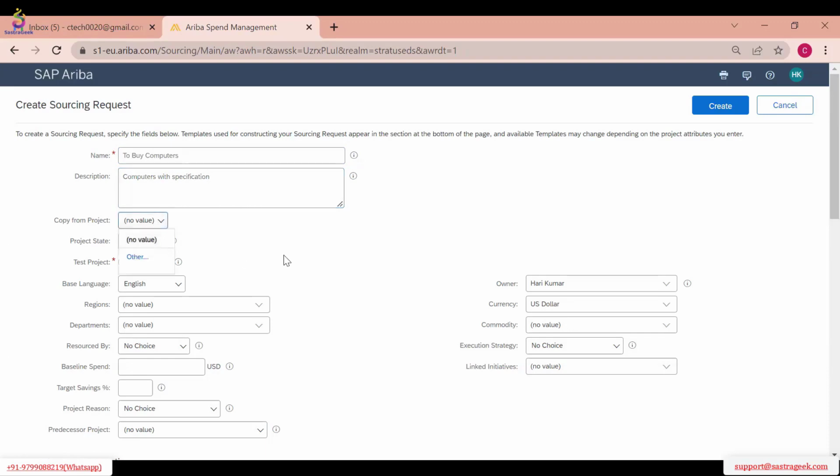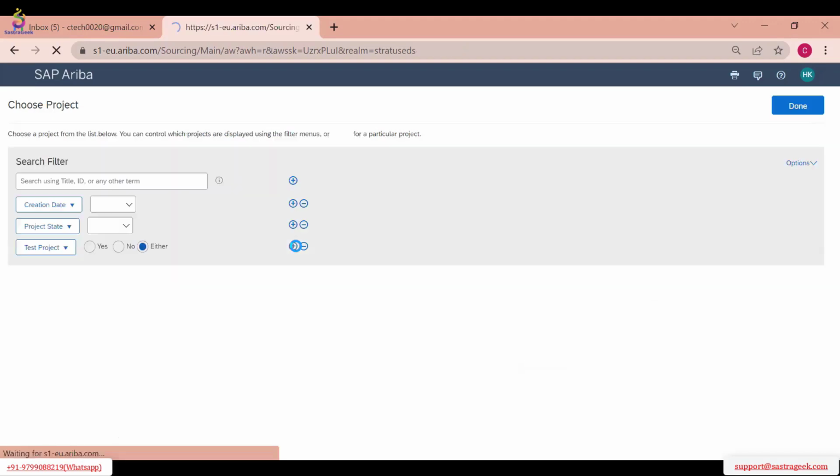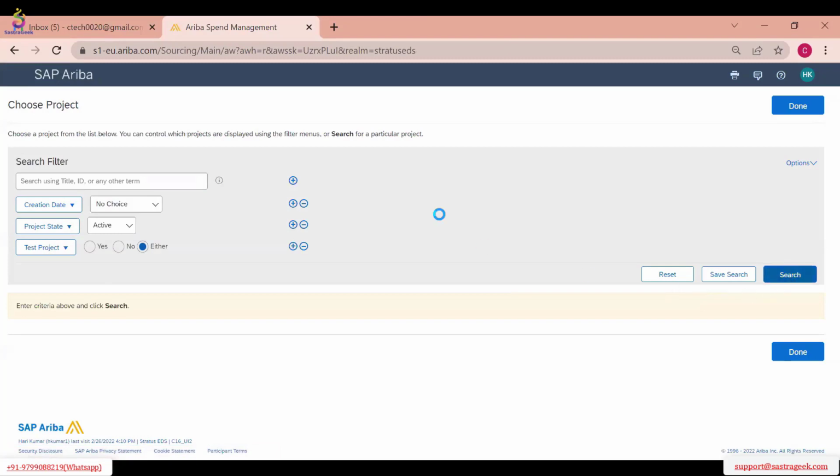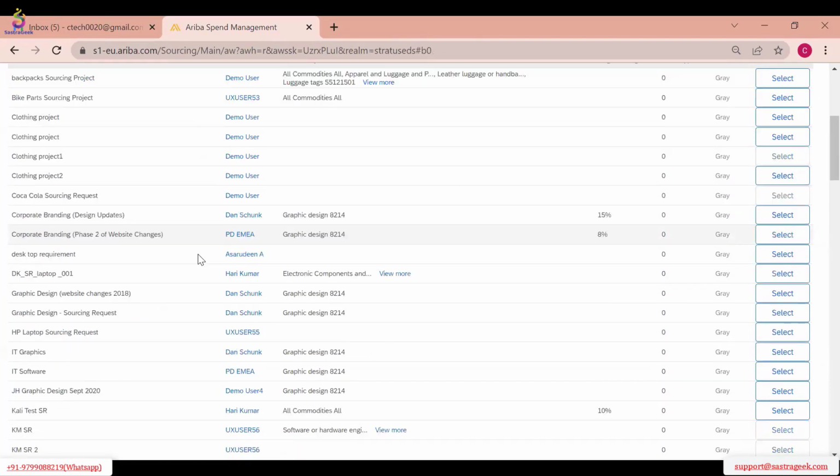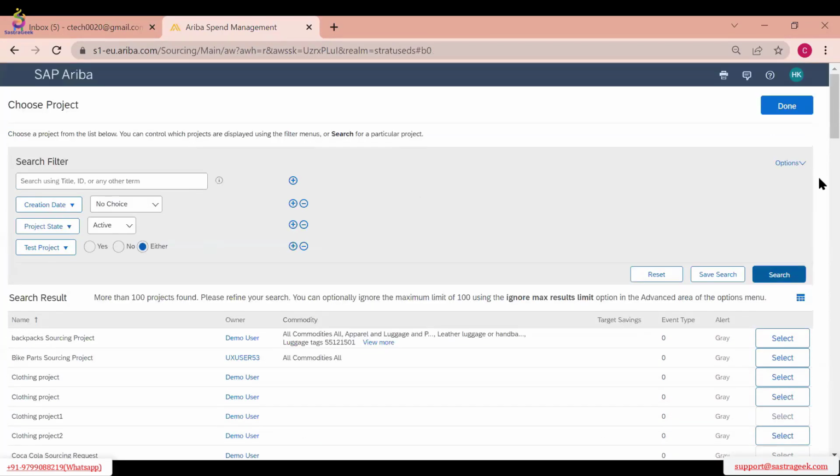Copy from project. Suppose you already created a similar request in the past. You want to copy the detail, then you will be clicking this. And the system will show you all the requests created in the past. Okay, you can filter this by using